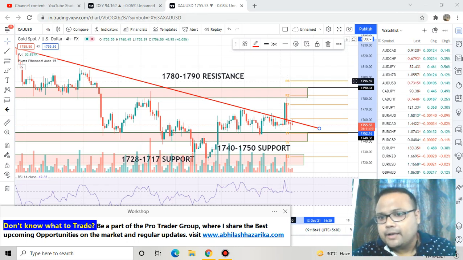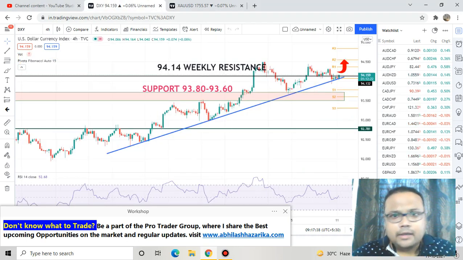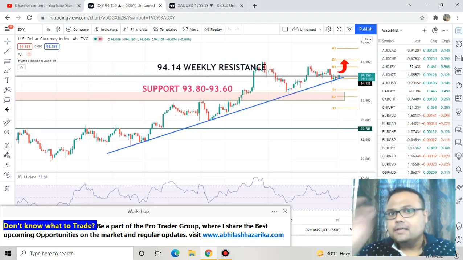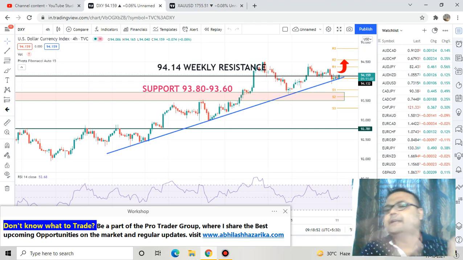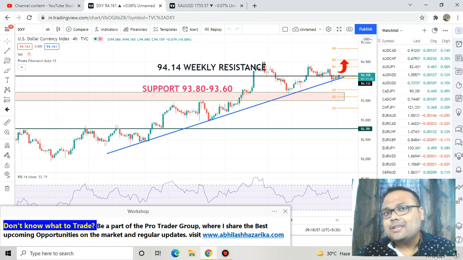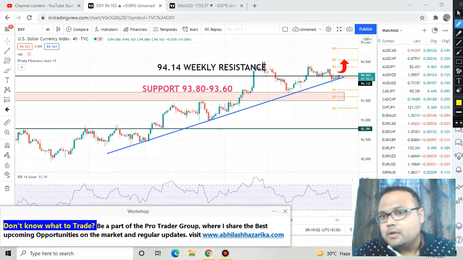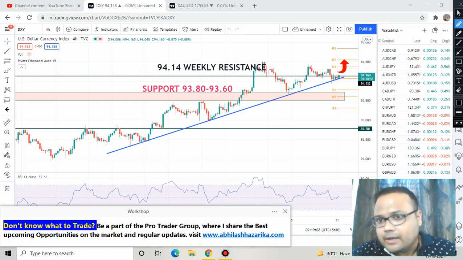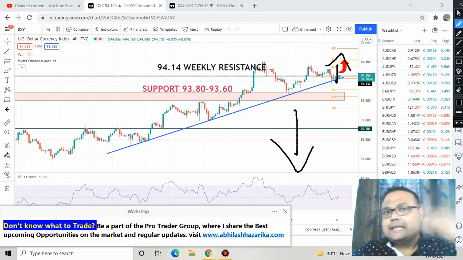The market has opened and it is still trading here, not much movement. If you look at the chart of DXY, as per expectation, DXY is still trading above the trend line, taking support, and is still in a very crucial position. Just remember, DXY is standing at a weekly resistance level, and if DXY crosses the level and goes up from here, then definitely gold will go down. And in case DXY fails to cross the weekly resistance and goes down, then we will see buying on the